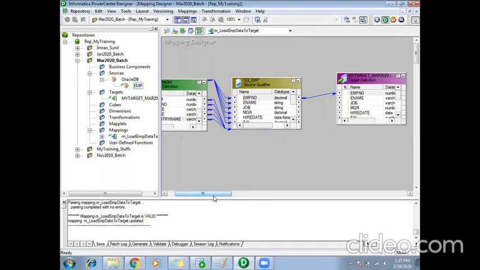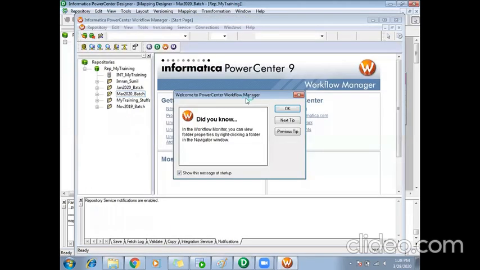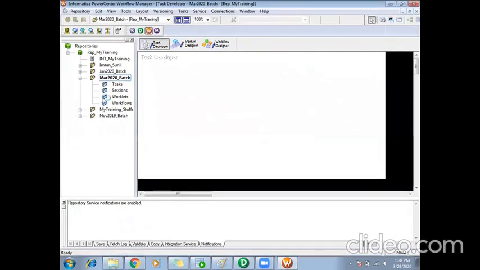So in order to run this code, I have to go to my workflow manager. I can click on this W icon at the top right corner, and it will open the workflow manager window. It has already opened my project folder since I navigated from my PowerCenter Designer to here.